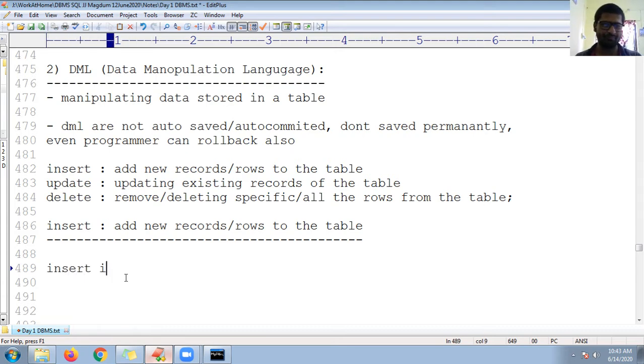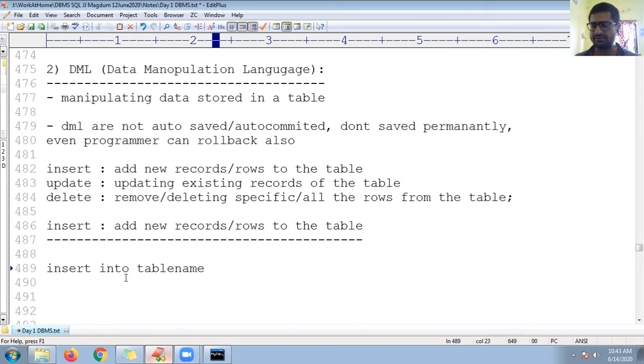The command: insert into table name, then followed by. There are two forms of inserting the values: specific columns, all columns, or a changed order of columns, guys. Last time I tried using all the columns.